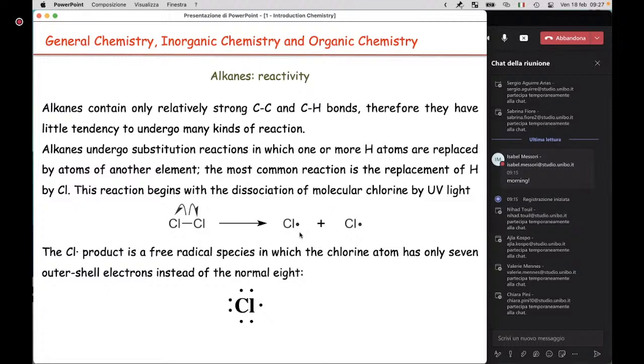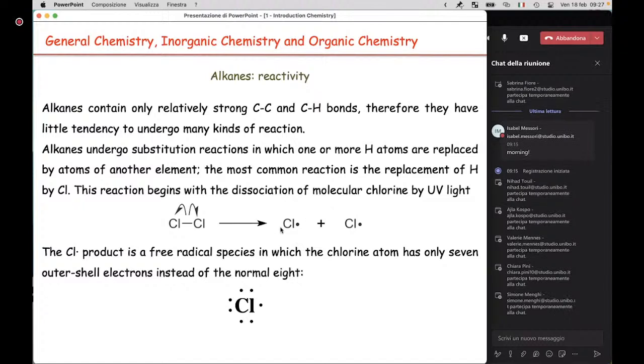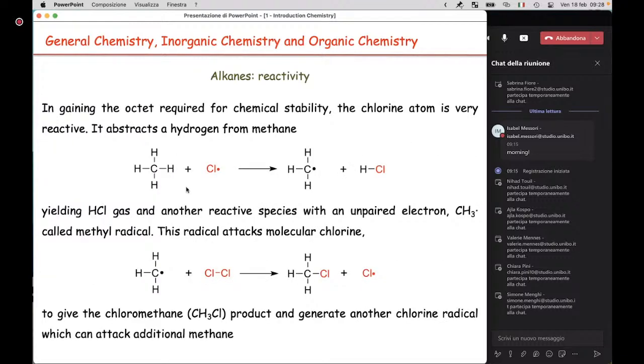And when a molecule contains one or more unpaired electrons, it is called a radical. It is usually very, very unstable, and being unstable is very, very reactive. So the chlorine radical, or free radical better, is very reactive and reacts in fact readily with the carbon-hydrogen bonds. In this way, of course, the organic molecule becomes a different molecule.